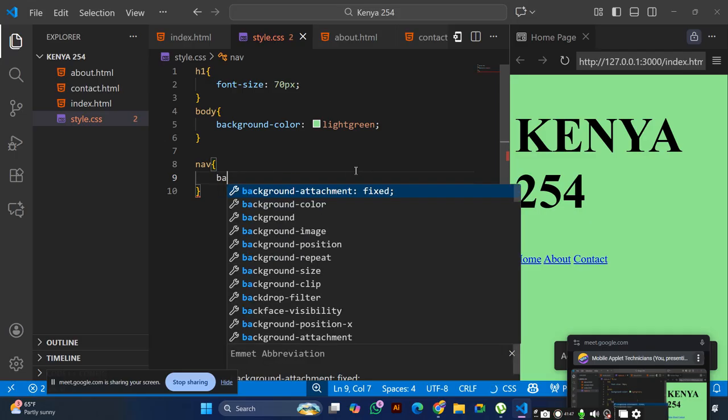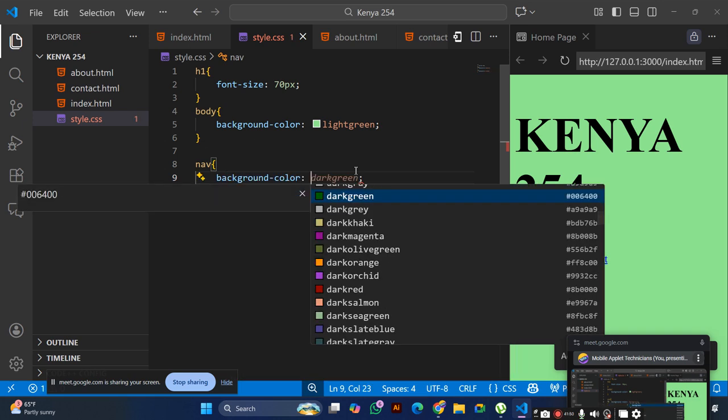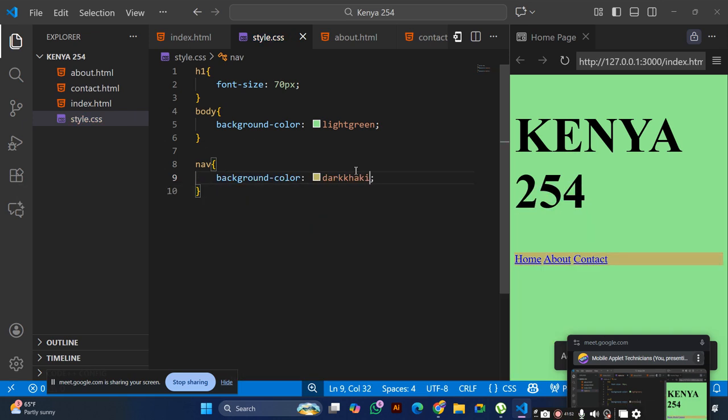Then we start by typing background color. Then you give it some padding so that the text can be big.